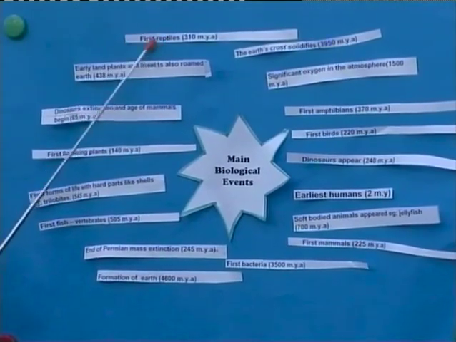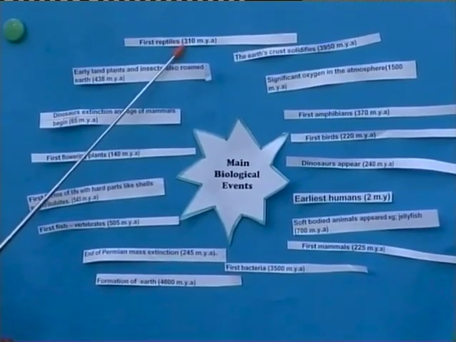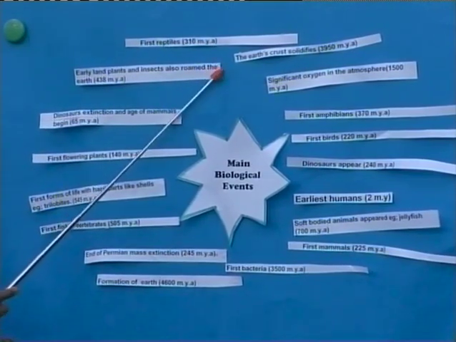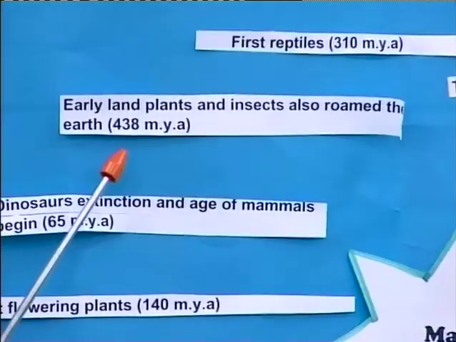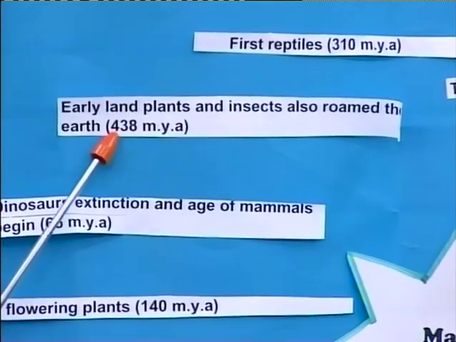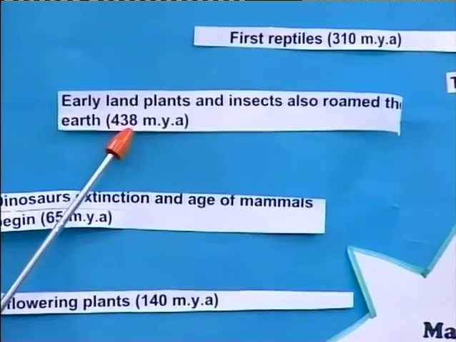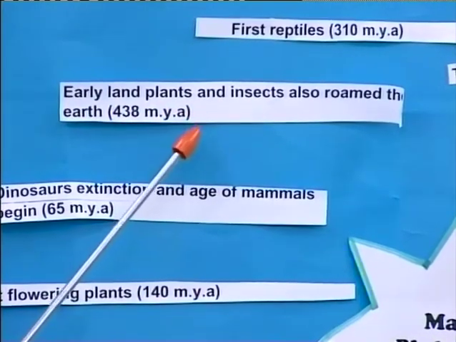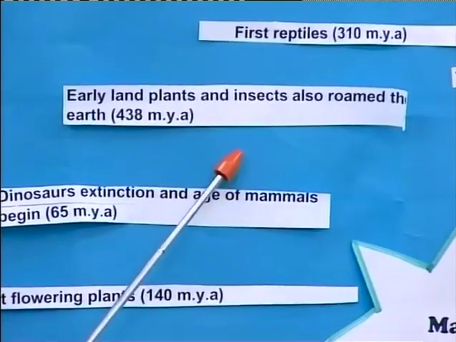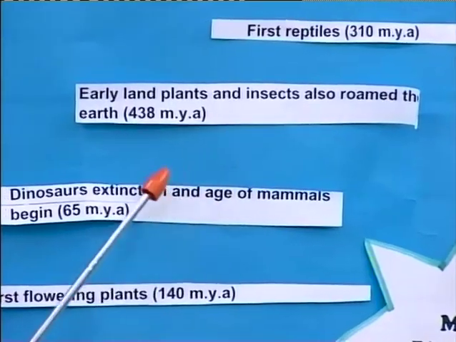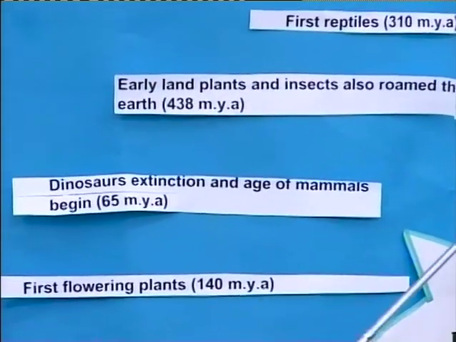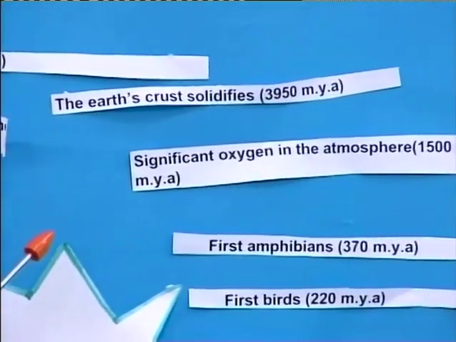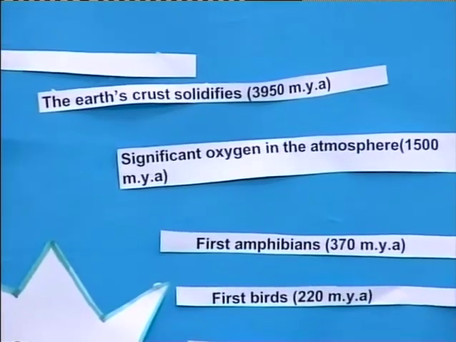We have the first reptiles, 310 million years. The events are written, and next to the events in brackets are the year in which those particular things appeared or life began. So we have the Earth's crust solidifies, meaning the Earth cooled off after it had been formed,